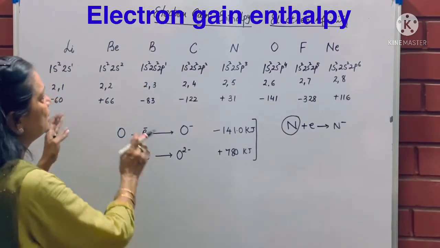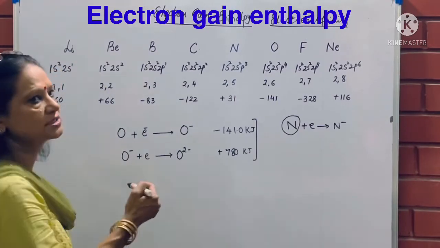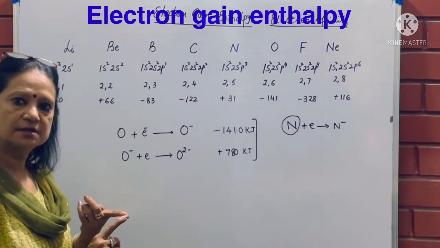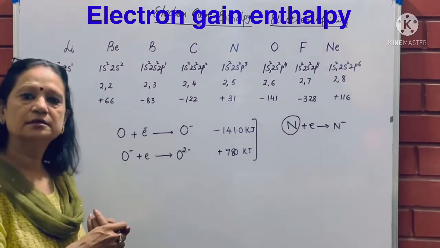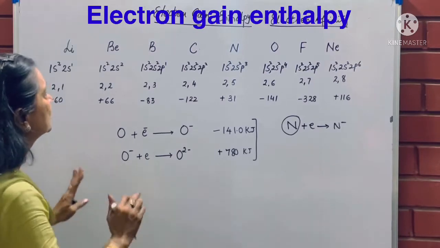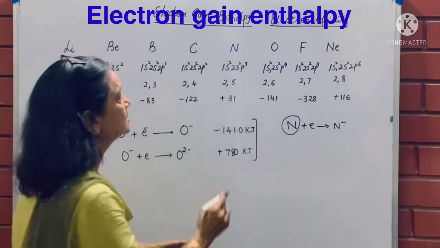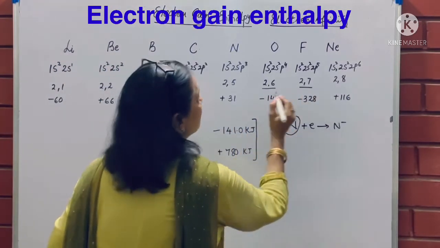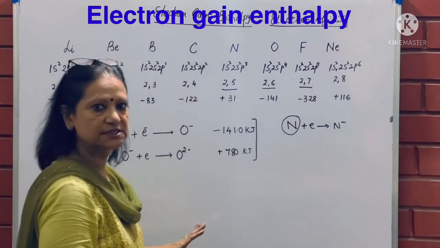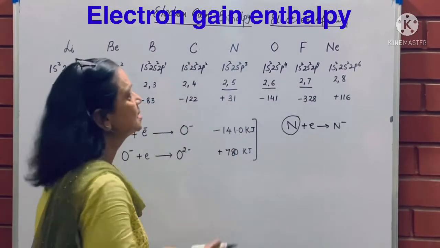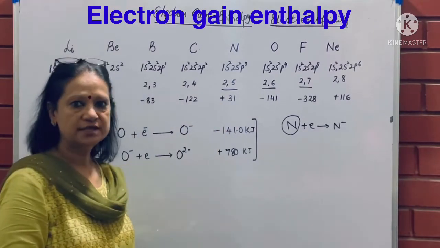Electron affinity value goes on increasing from left to right in the periodic table because the size has become smaller, so the electron can be attracted easily and goes inside the nucleus easily. As I look from left to right, metals are changing into non-metals. If it is 2,6, 2,7, 2,5, these atoms want electrons to complete their shell. Since they want electrons, a large amount of energy will be released when an electron is given.